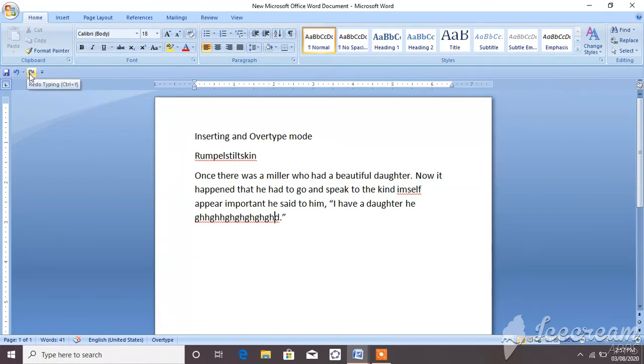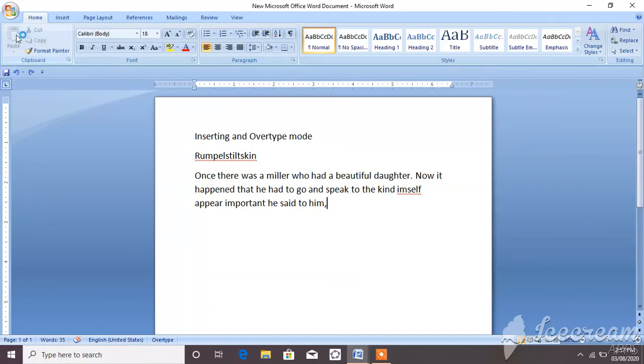And here is a redo. Redo means the next action. See, I will use the redo command. Now what happened? Whatever text was deleted, that disappears. This is called the redo. Redo means next action and undo means the previous action.